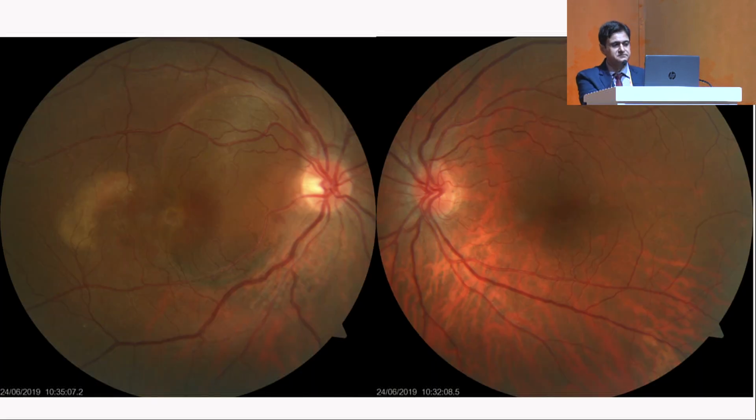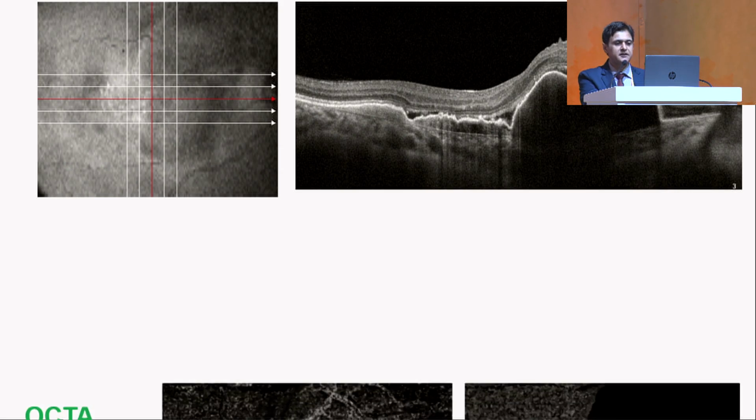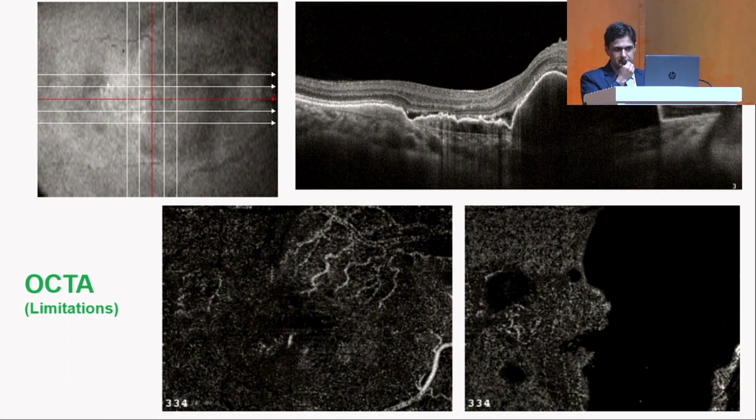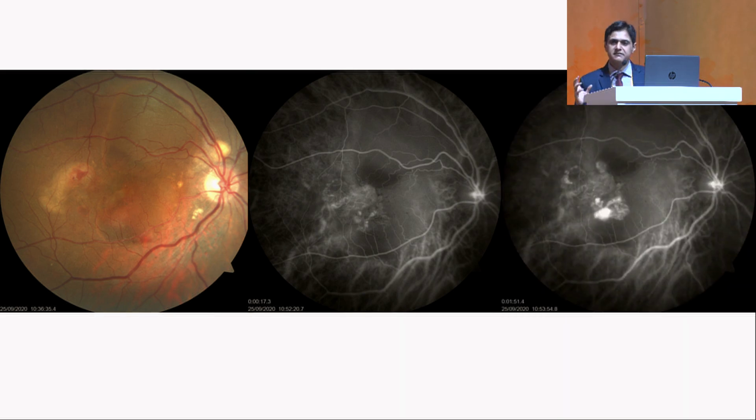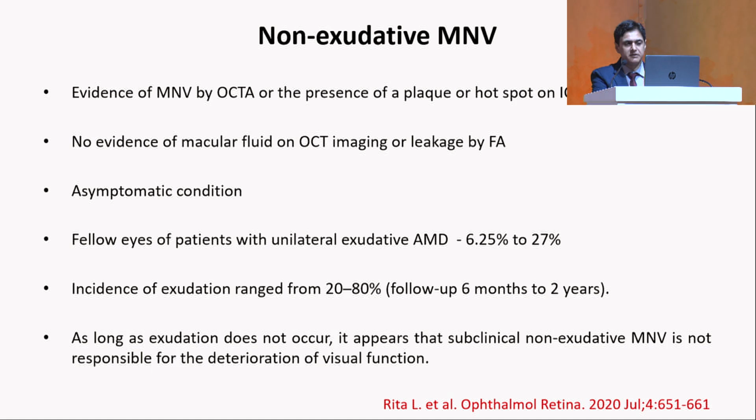Here is one patient who had a large PED and a CNVM. When I did an OCTA, I could only see a branching vascular pattern with a large PED, but no polyp could be appreciated. When I did an ICG, you can see a well-defined hotspot, a hyperfluorescent region which is increasing. I had a very high suspicion of polyp in this case, even based on the fundus photograph and examination, and that is why I did the ICG angiography, and it came out to be a polyp which was missed on OCTA.